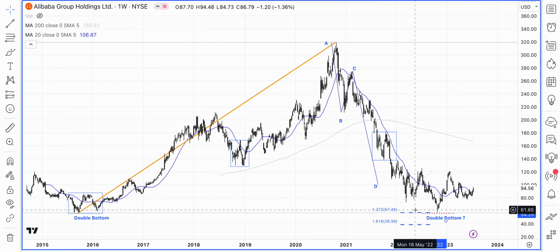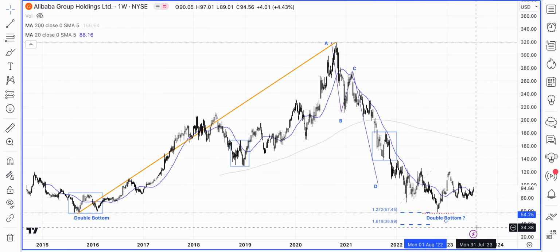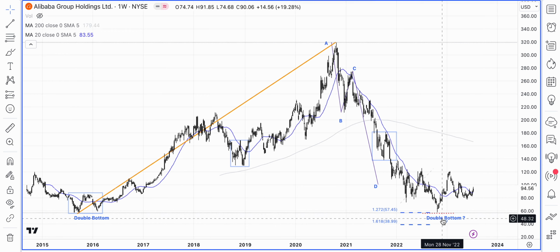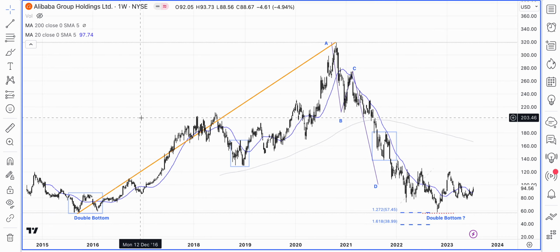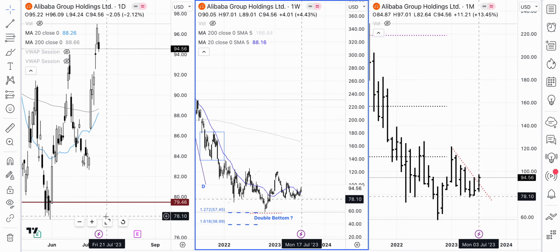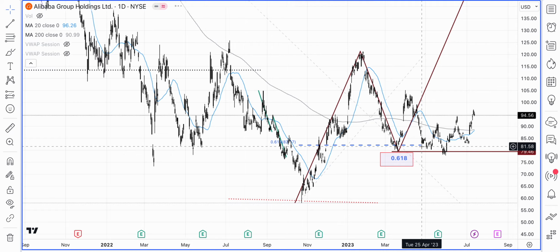There it seems to be forming an inverse head and shoulders pattern. Also, the key thing to pay attention to is this double bottom formation here, here, and of course here. Now let's move to one time frame lower. So this is our daily chart. So in this daily chart,